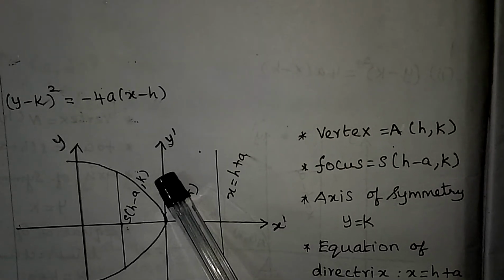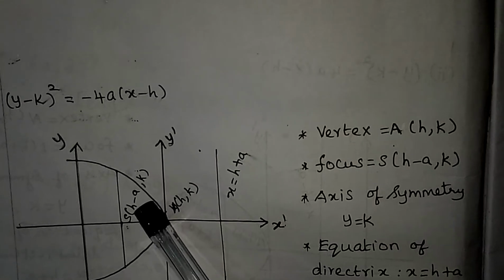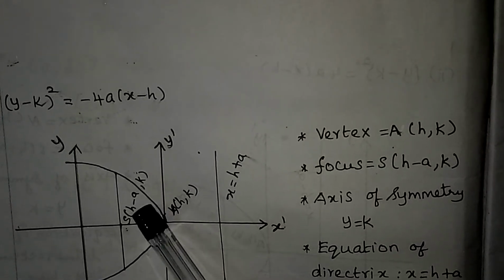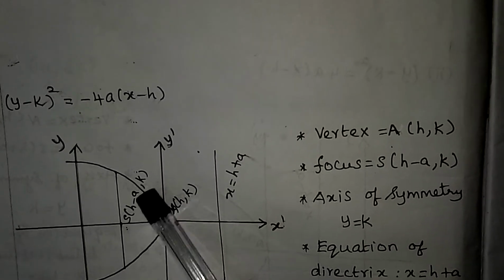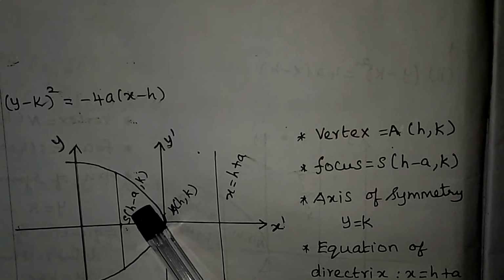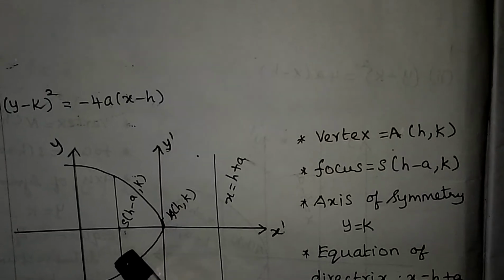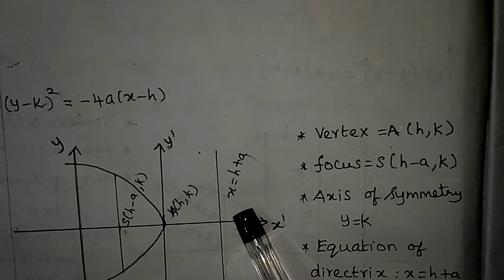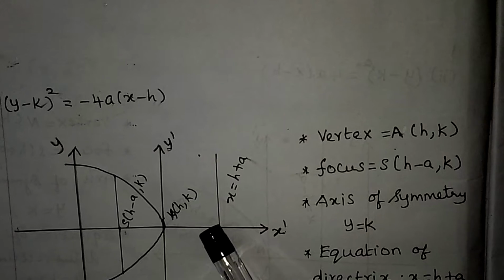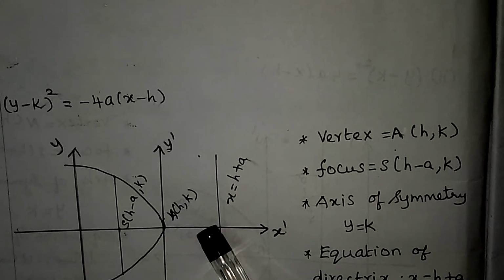This is another method. Which number of terms is more, where the number of terms is more, you have to see. Here the number of terms is more, it is the x value. So x is equal to h minus a. This is the equation of latus rectum, and at the back it will be the directrix, same distance but sign will be opposite.